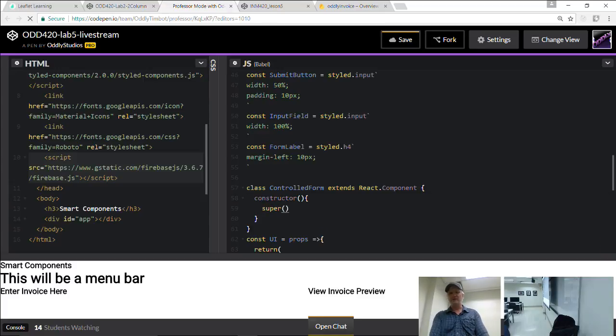So we call super. And the other thing I would suggest is that we're going to give him an empty memory right now. We'll set his state just to be an empty object. Because we're basically going to fill it up with what you're typing into this form. So we're going to start off with it being empty.